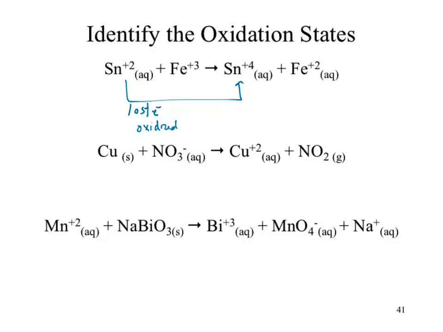What happened to the iron? Well, if the tin lost electrons, the iron had better gain electrons. What's going to happen to its oxidation state? It should be reduced. We go from a +3 to a +2. Did it get reduced? Yeah. So gain electrons, reduced. What was the oxidizing agent? So oxidizing means I need to think of the opposite thing. So instead of the oxidized one, I need the reduced one. The reduced one gained electrons, which was